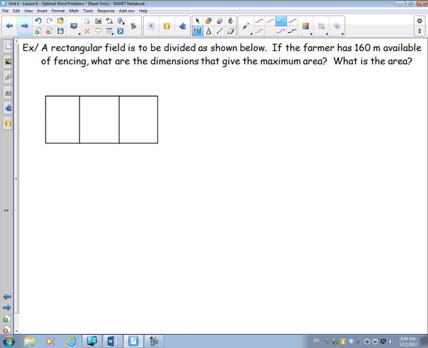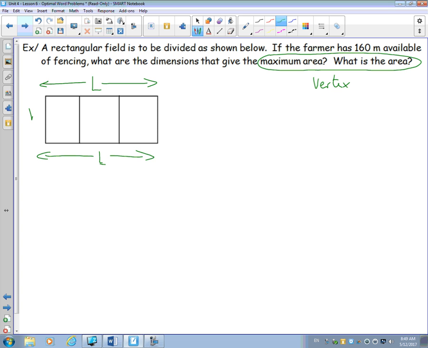So, a rectangular field, we divided as shown below. The farmer has 160 meters of fencing available. What are the dimensions that give the maximum area? And what is this area? So here we go. We're thinking about the vertex. Optimizing the best. Well, the first thing I need is some dimensions. So I'm going to call this the length of the rectangle, which will make this the length of the rectangle also. And I'm going to talk about this being the width,